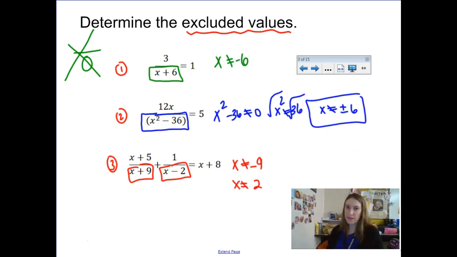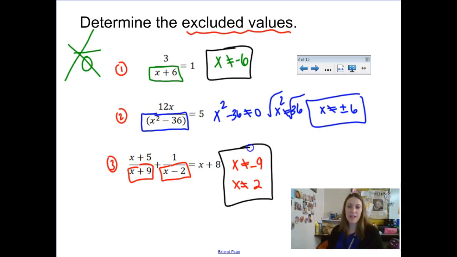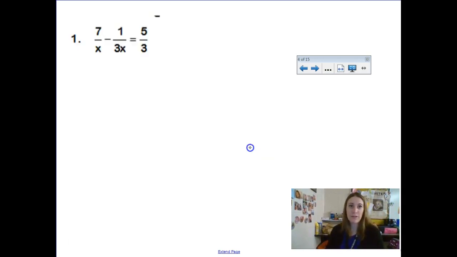So excluded values, the concept of excluded values, is just looking ahead in your problem and saying, okay, after I do all this work, I just have to remember that if these answers show up, which they do sometimes, we actually have to cross them off, and they're going to be called extraneous. All right, so before I get going on this question, I'm going to talk about what the excluded values are,